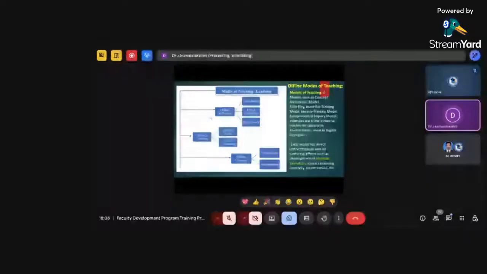So there are modes of teaching and learning process. One is online and another one is offline. In that offline as well, we do have